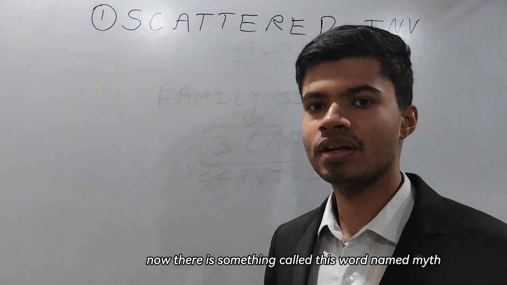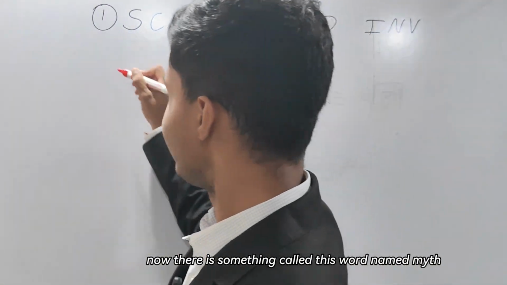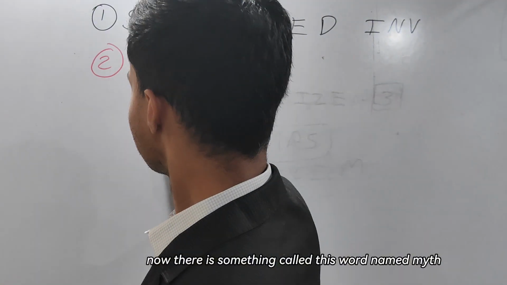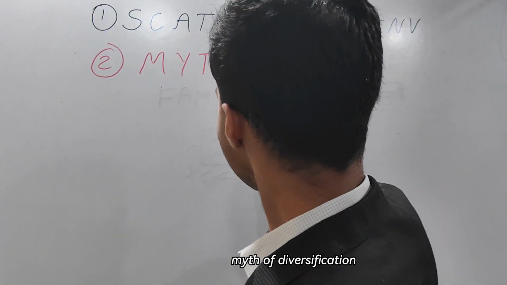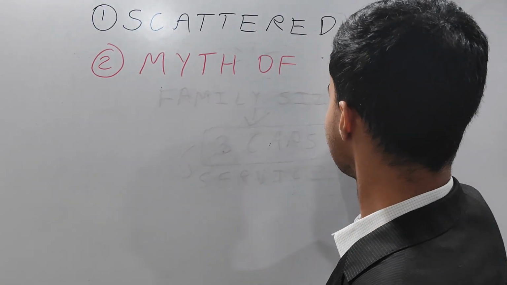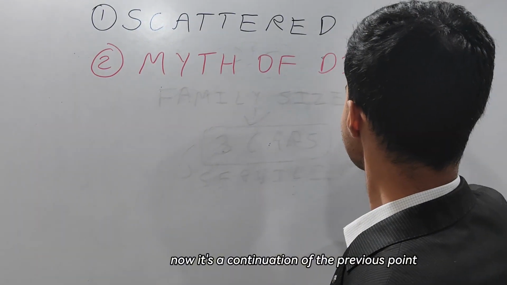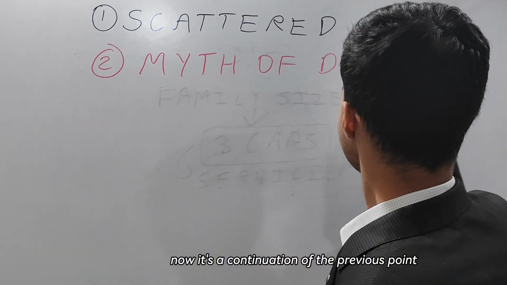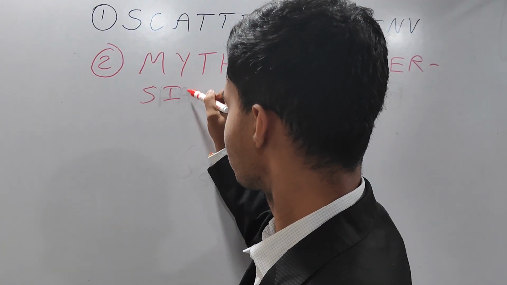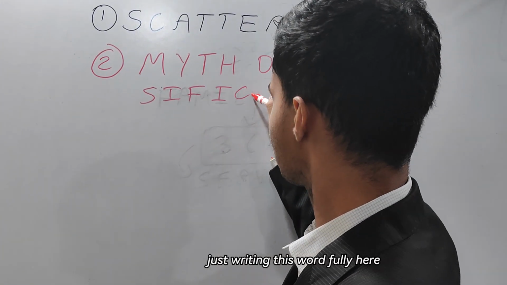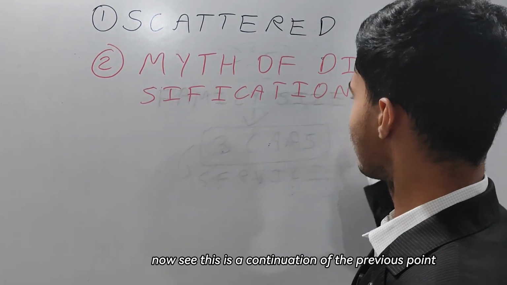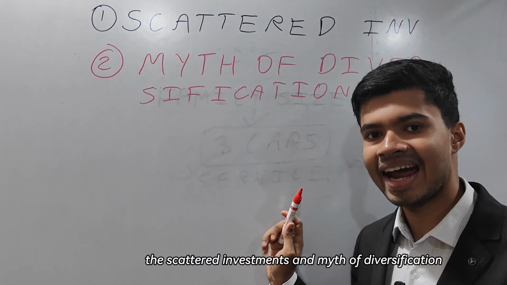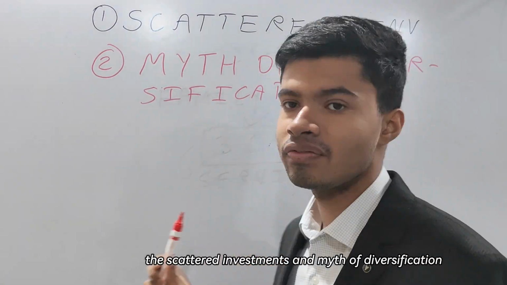Now there is something called the word myth. What do you mean by this word, myth of diversification? It's a continuation of the previous point. Just writing this word fully here. Now see, this is a continuation of the previous point in the sense of scattered investments and the myth of